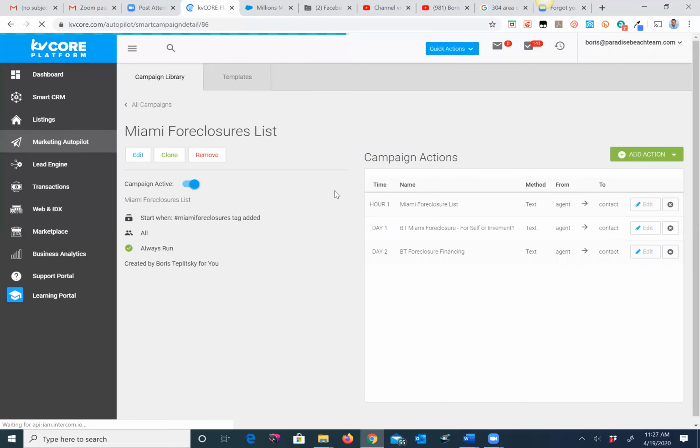Here I've set up three drips to go out to clientele when they are triggered by hashtags. So as you can see here, when the hashtag Miami foreclosures is attached to that client, within 1 hour, they're going to start receiving the Miami foreclosure list. The next day, they're going to get a message from me, a text message, pretty much saying,